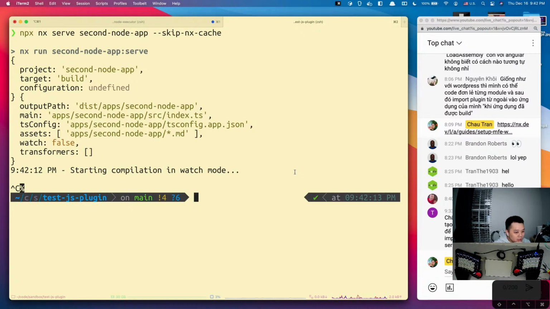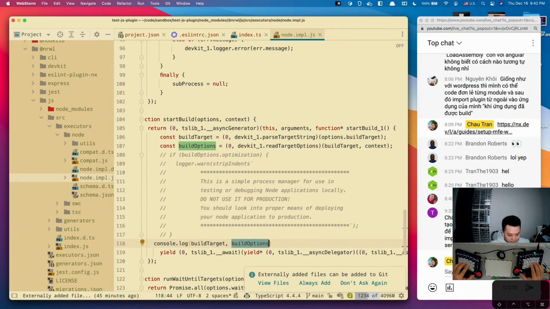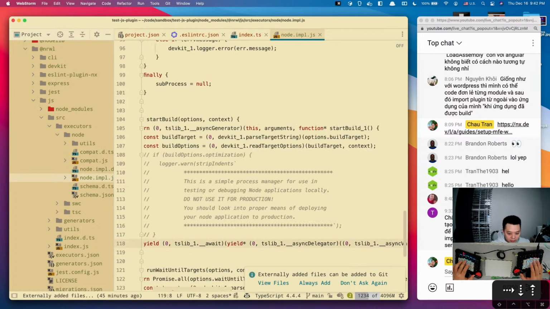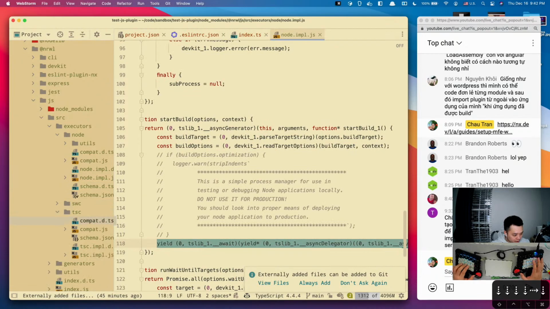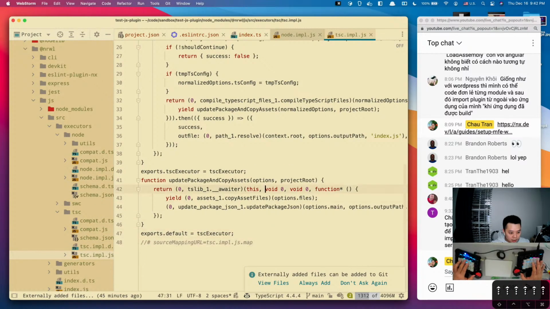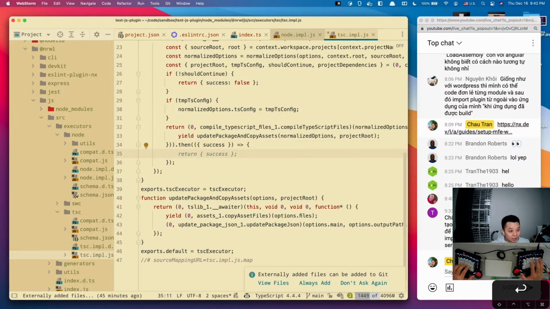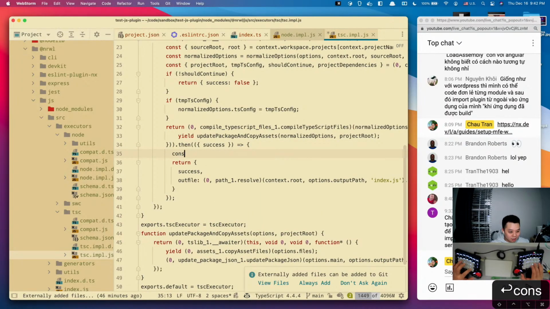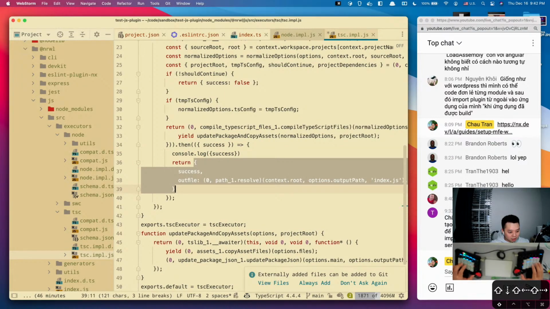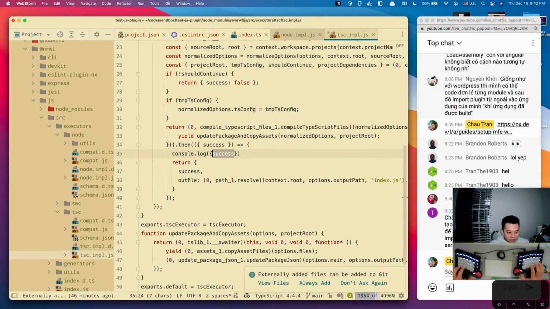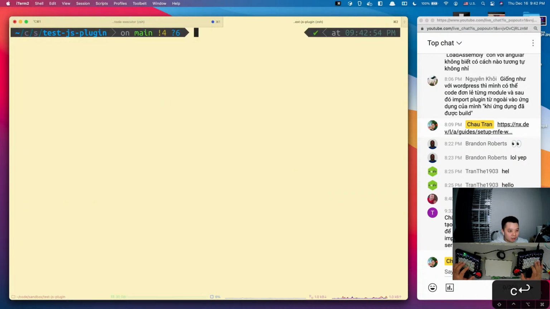Okay. So I'm gonna go to my TSC and look for out file. Is this right? Return? Yeah, return that. Right, console log. Success. Actually, just console log the result right here. Paste that in and